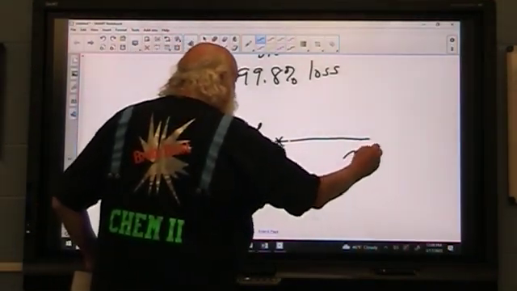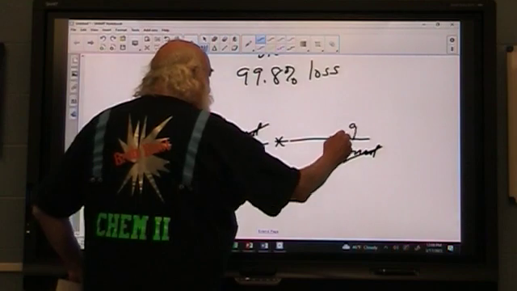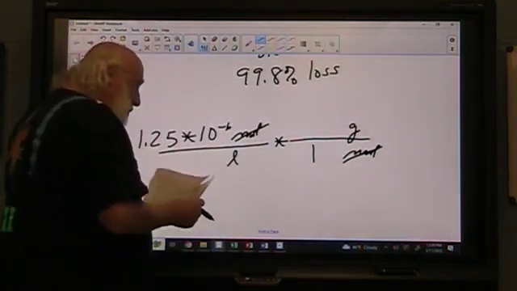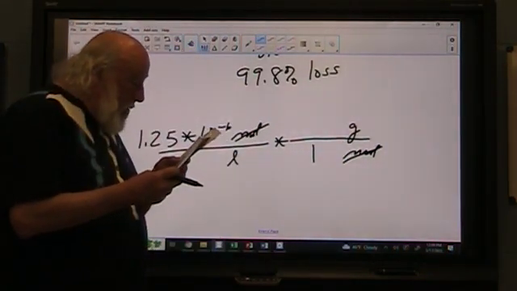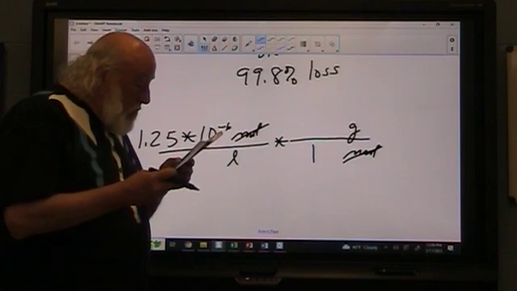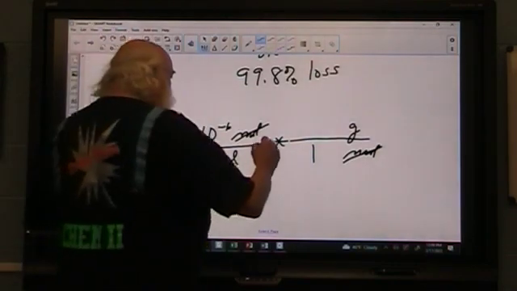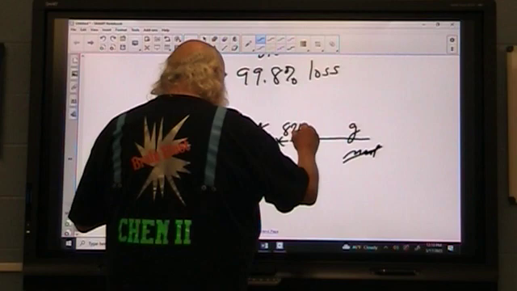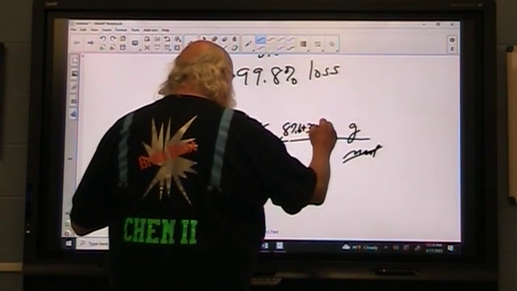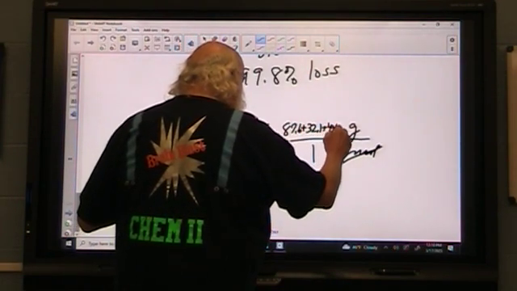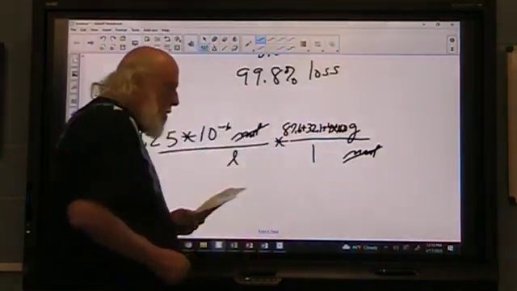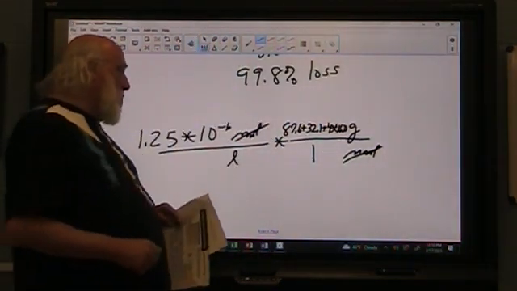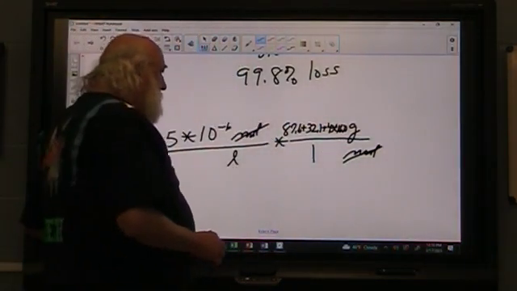The moles go in the denominator to cancel out with grams on top. We go to the periodic chart, find strontium there. Looks to be 87.6 plus sulfur 32.1 plus 4 times 16.0. So what's that? 64, 96,